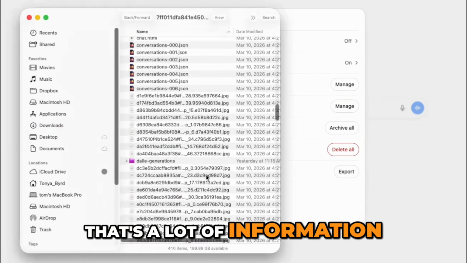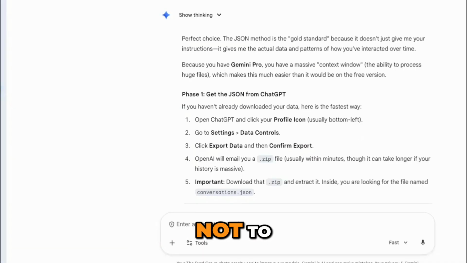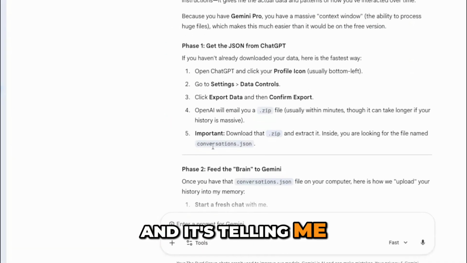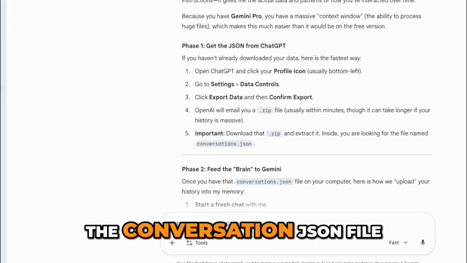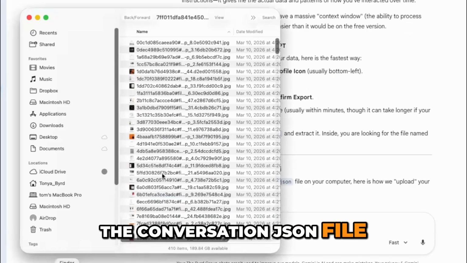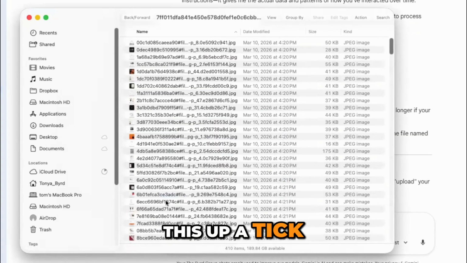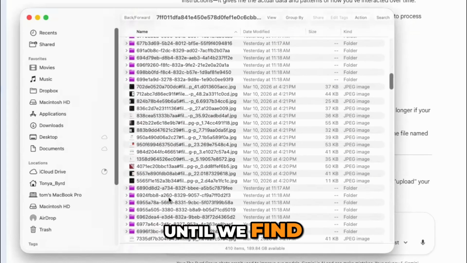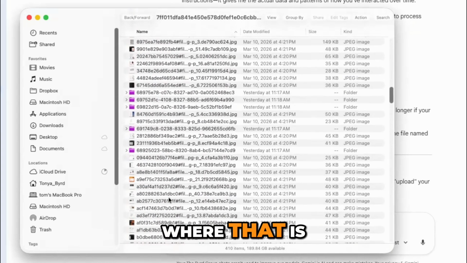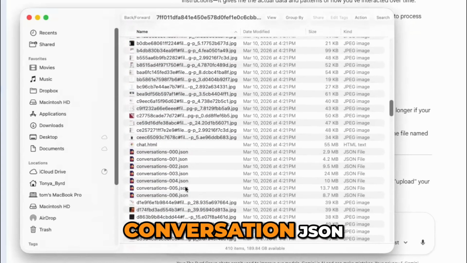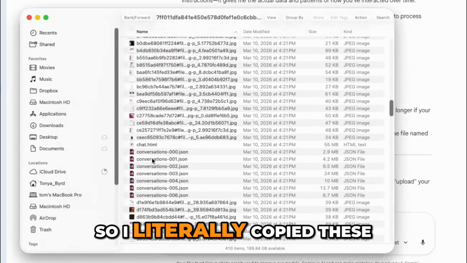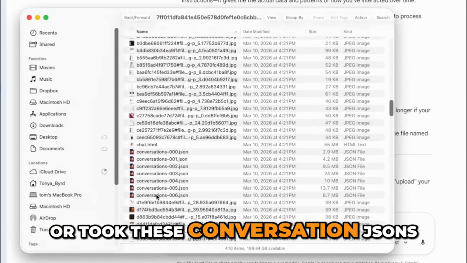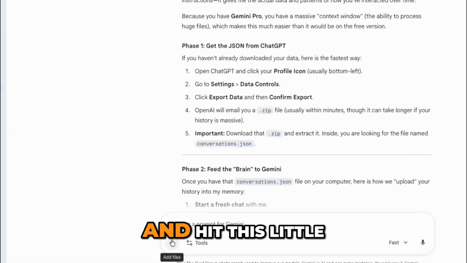Because that's a lot of information. I don't know what to download and what not to. So I went back to good old Gemini, and it's telling me to go look for the conversation JSON file. And if we open this up a tick, we can scroll down until we find where that is, because it should say conversation JSON. So I literally copied these conversation JSONs and hit this little plus button